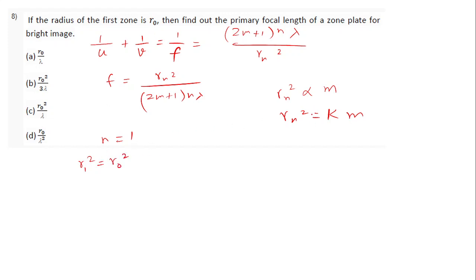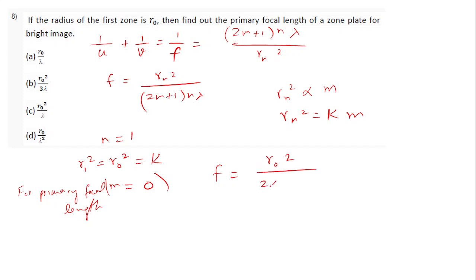For the primary focal length, m will be 0. So F will be R naught square divided by 2 times 0 plus 1 times